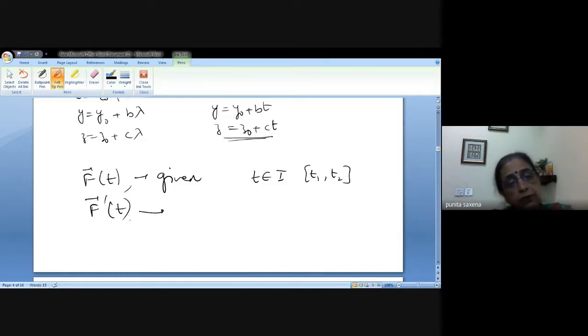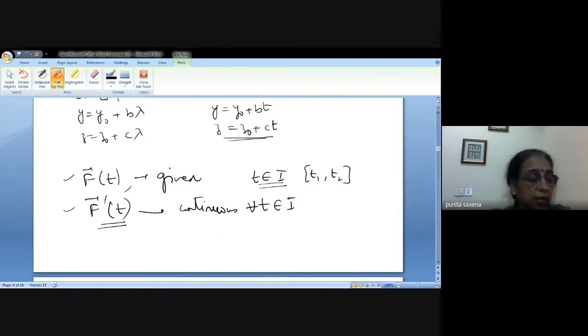And we observe that f dash t, the derivative of this vector valued function, is continuous for every t in this interval. That means at every point of this interval, the derivative is continuous,